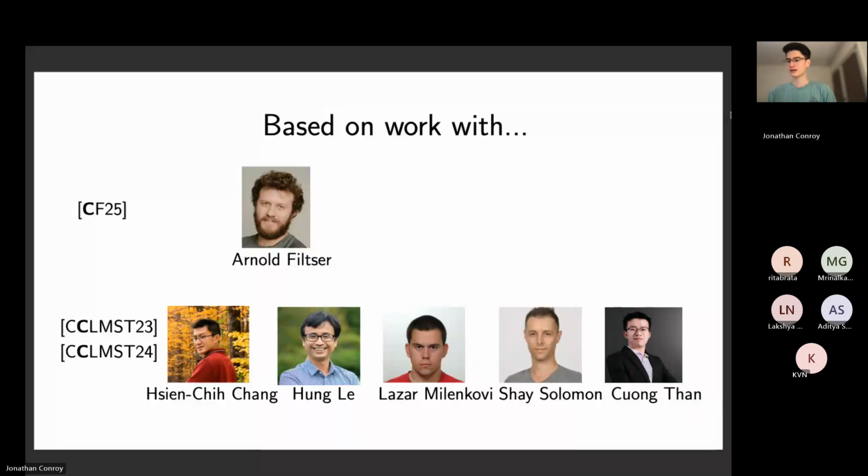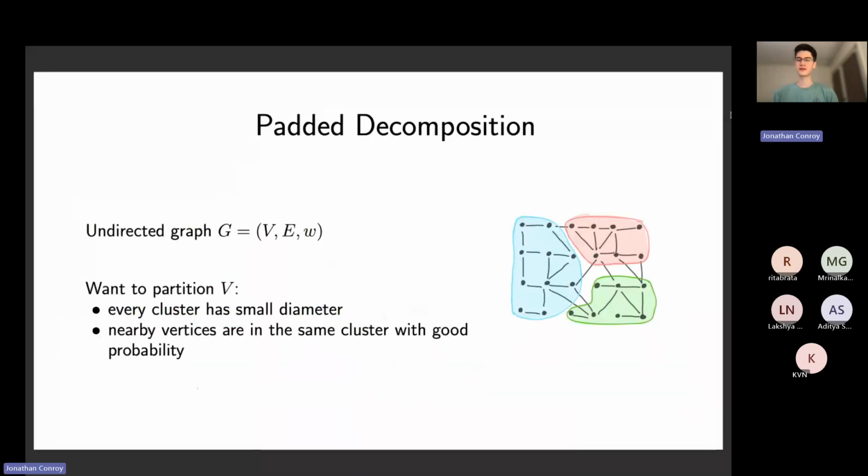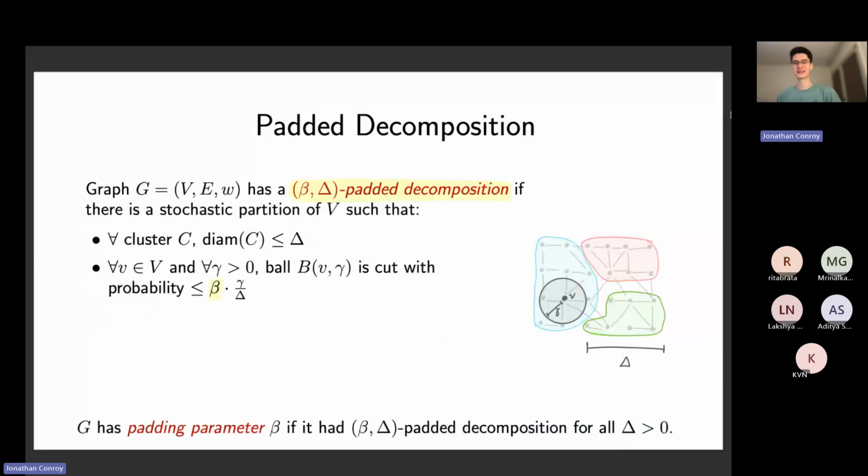Okay. So the focus of today's talk is this padded decomposition problem. And here the goal is you're given some undirected, edge-weighted graph. We want to partition the vertices of this graph into clusters such that every cluster has small diameter, and nearby vertices get clustered together with some good probability, let's say. This turns out to have many applications. I won't really talk about them in this talk. But the formal definition of this padded decomposition